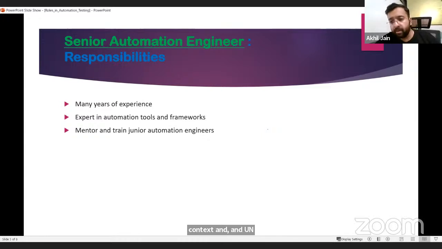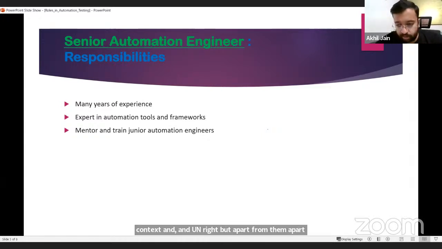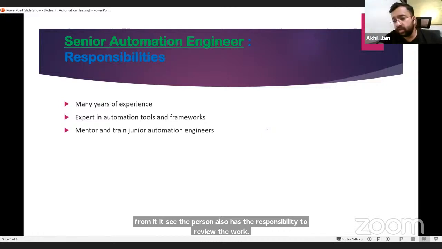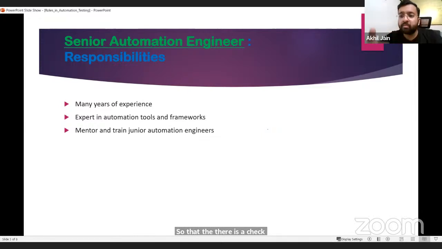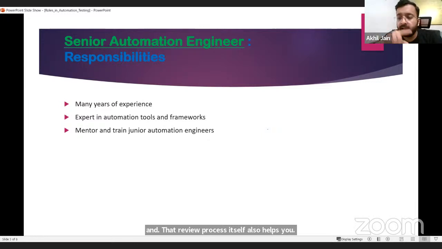But apart from it, the person also has the responsibility to review the work of the juniors or their peers. Let's say there are multiple senior engineers working within the team. So they can review the work of the juniors, or they can review the work of the peers, so that there is a check and balance around things, and that review process itself also helps, like a feedback loop which helps to improve things for the project also, and